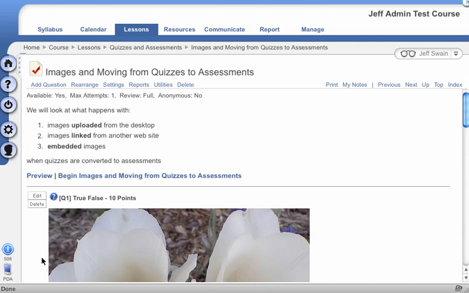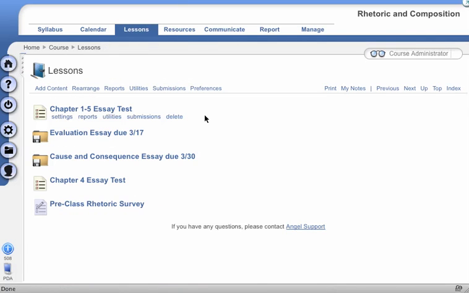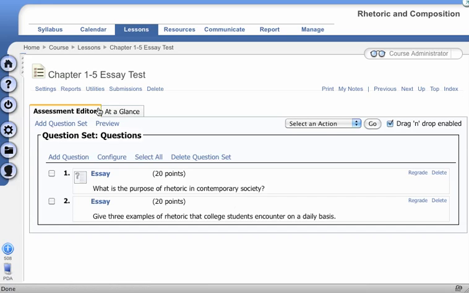We can do this with assessments in Angel 7.4. However, how we do it is a little bit different, and I'm going to show you that now. So I'm actually going to go into a different course in Angel 7.4, and I'm actually going to go into this assessment, the chapter 1 through 5 essay test. So if I click on here, you'll see it opens up the settings field again,